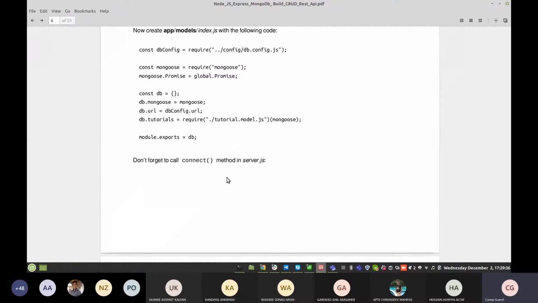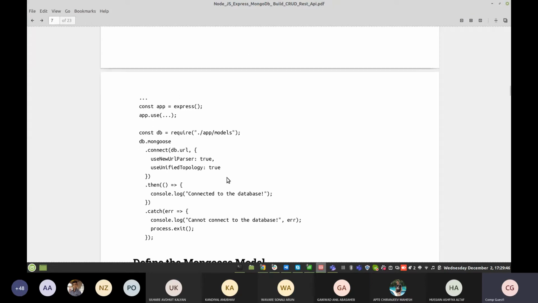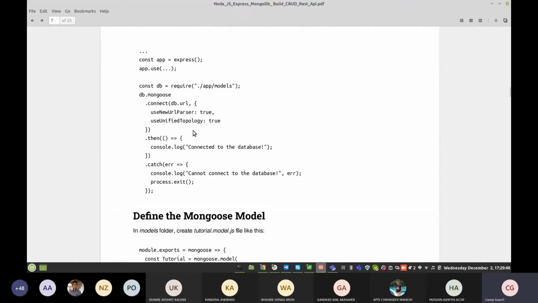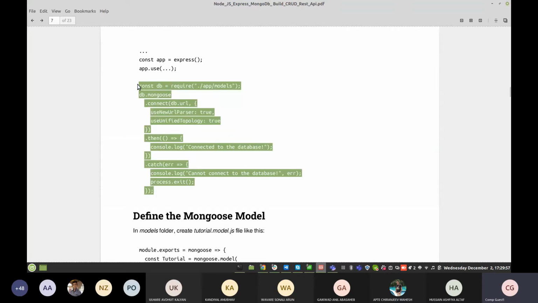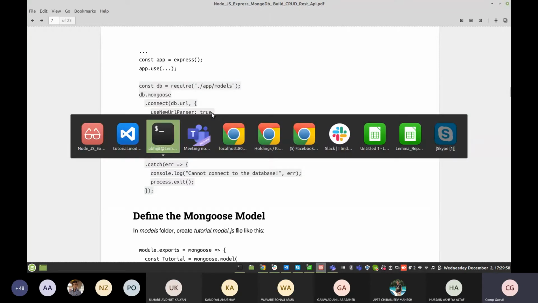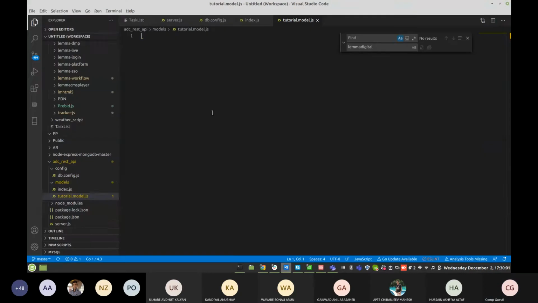Now here is the point: don't forget to call the connect method in server.js, because this is important to connect the database. But before that, where can we call that connect? We need to use this piece of code that connects the DB inside our server file.